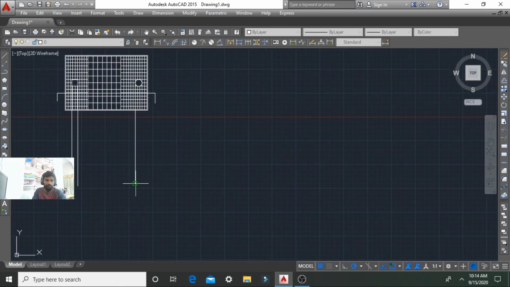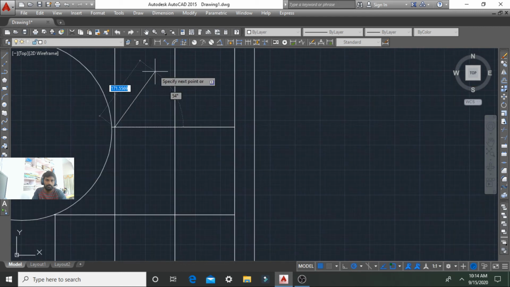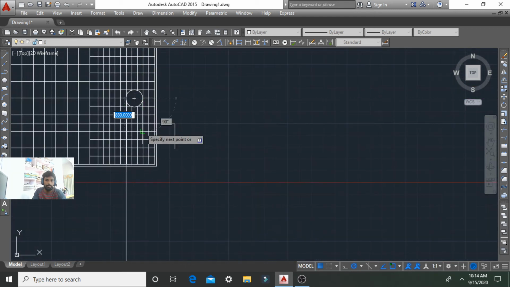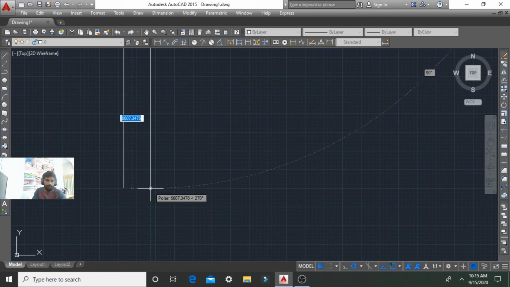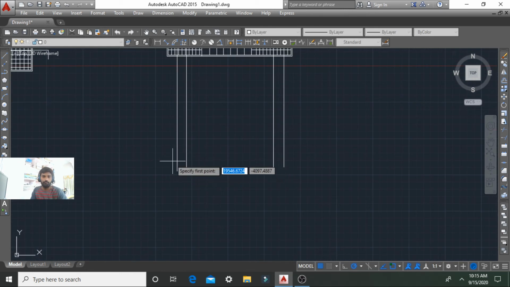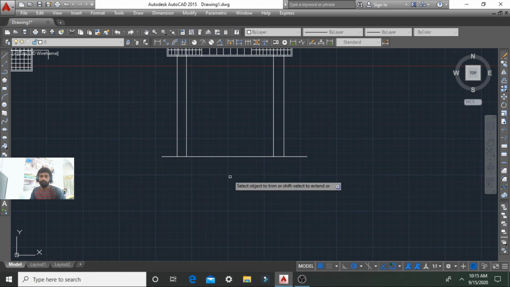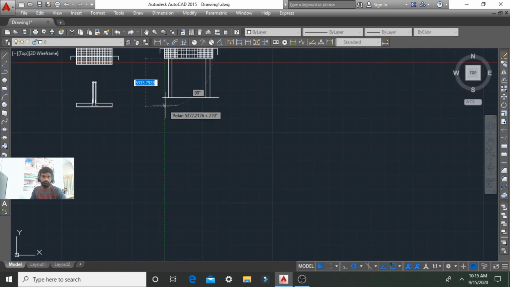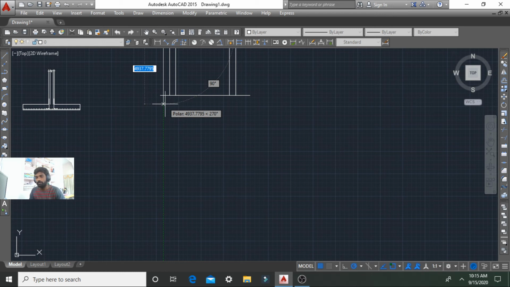This is the circular column and that is the rectangular column. And the thickness is 400. I think the combined footing bed is 700.